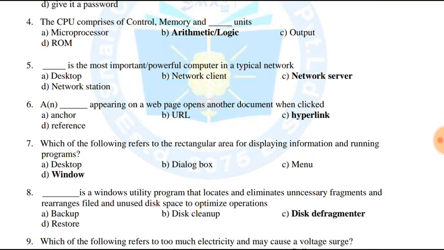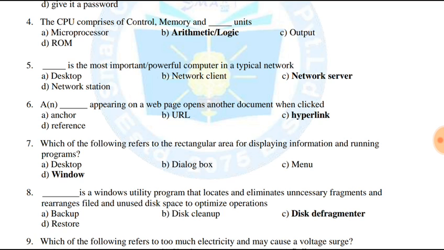The seventh one is, which of the following refers to the rectangular area for displaying information and running programs? Window. Eighth question is, Dash is a Windows utility program that locates and eliminates unnecessary fragments and rearranges field and unused disk space to optimize operations. Disk defragmenter is a Windows utility program that locates and eliminates unnecessary fragments and rearranges field and unused disk space